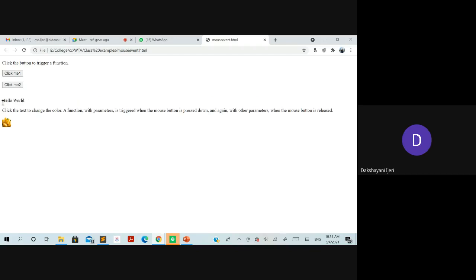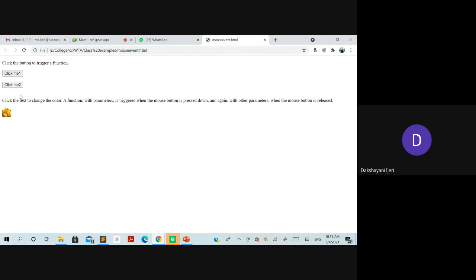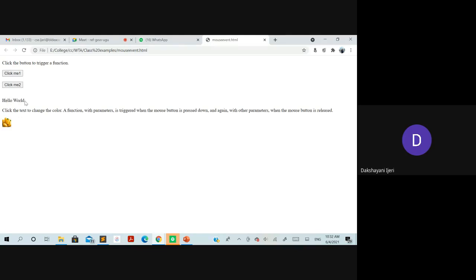You can see what action has been performed. Earlier the hello world was not there, isn't it? If I refresh, you'll see there is no content here. The action we have written for this button accesses this empty paragraph and inserts the content "hello world" when we click. This is done with document.getElementById("demo") and the property innerHTML. We insert the content "hello world". If I click on this, you will see hello world has been inserted here.